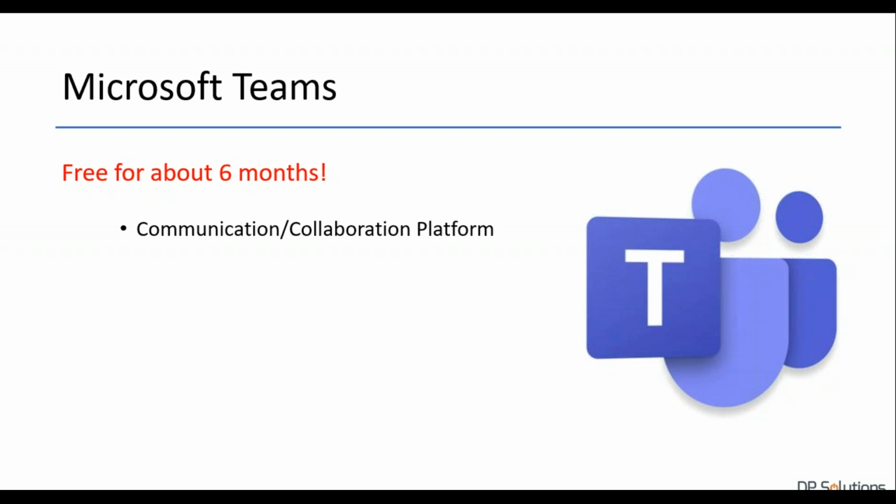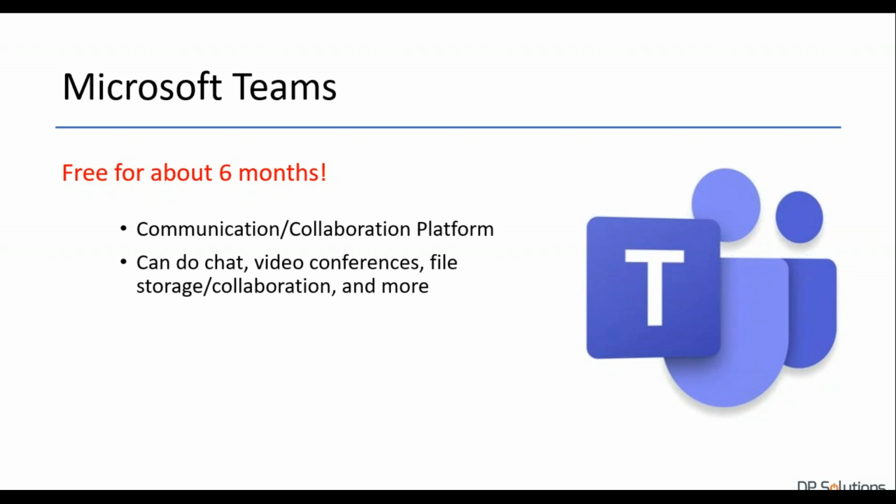So the best analogy I can give is think about products like Skype or maybe Google Hangouts or Slack or these other sort of chat team meetings. And it really is a response to Slack. You could have in Slack these individual conversations with specific groups, conversations that were private, conversations that were public. You could share documents and collaborate on them within it. And Microsoft, as you might expect, didn't really want companies like Slack eating their lunch, especially with their 365 platform. It can do chat, video conferences, file storage, collaboration, and more.